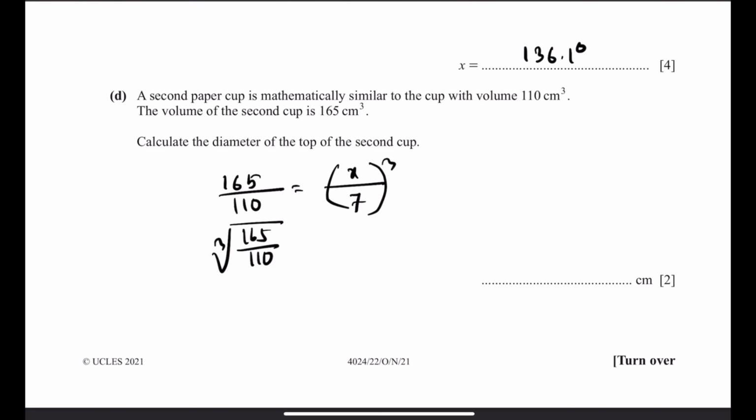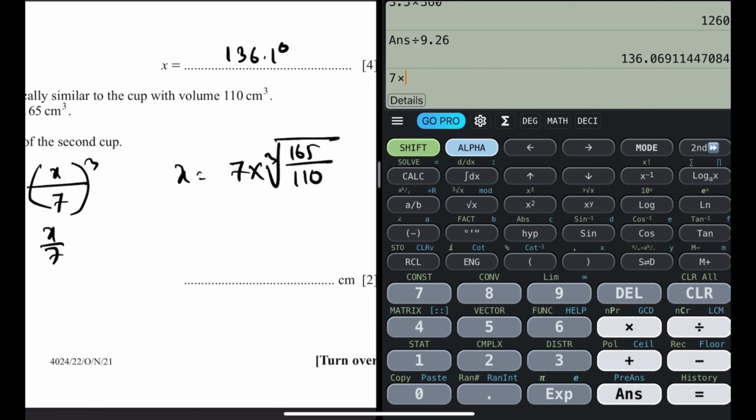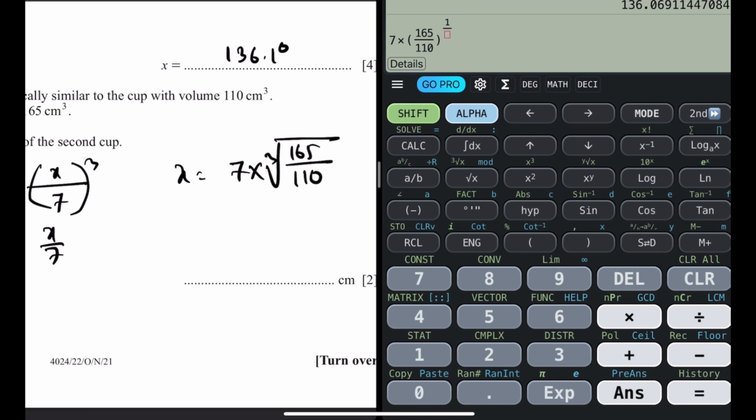Cube root of 165 by 110 equals to x by 7. That is x equals to 7 times cube root of 165 divided by 110. 7 times 165 by 110, 1 over 3. This is